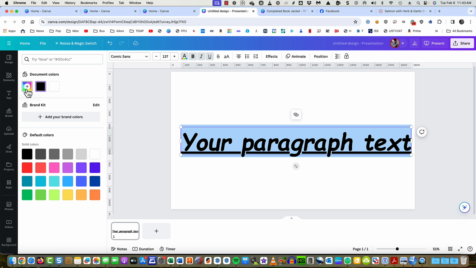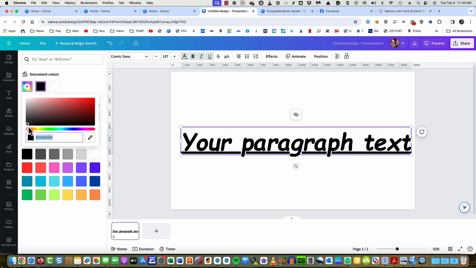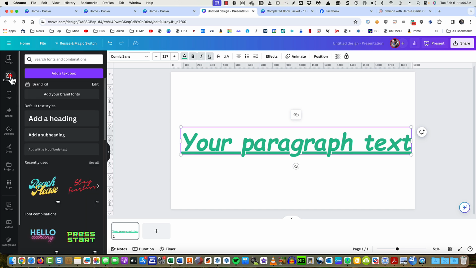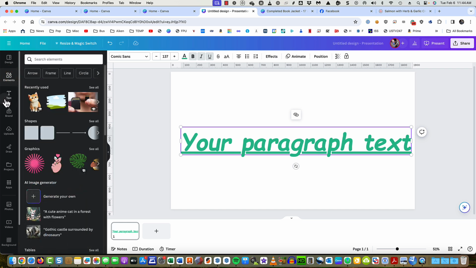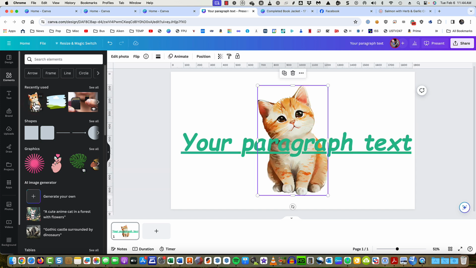And if you want to create a custom color, you can go ahead and move this around anywhere you want. You can move this slider across here, and that's pretty great. But there's one tool that's even better. So I'm going to go back to my elements, and Canva remembers that I use this kitty. So I'm going to drop the kitty back in,